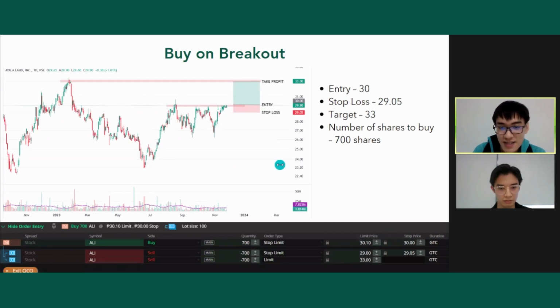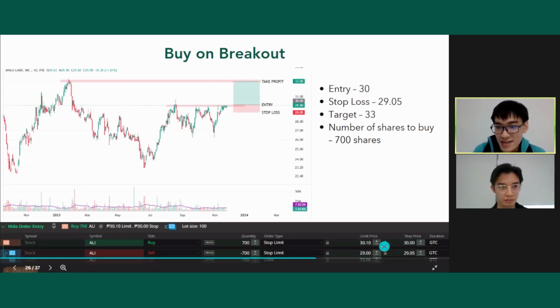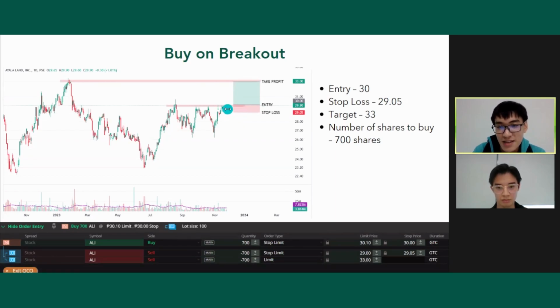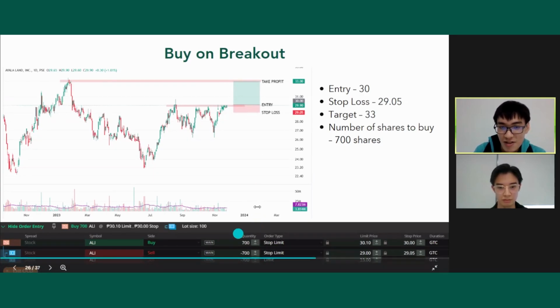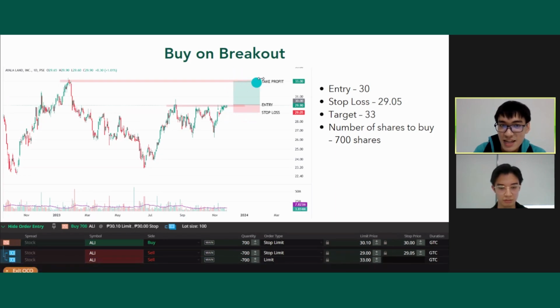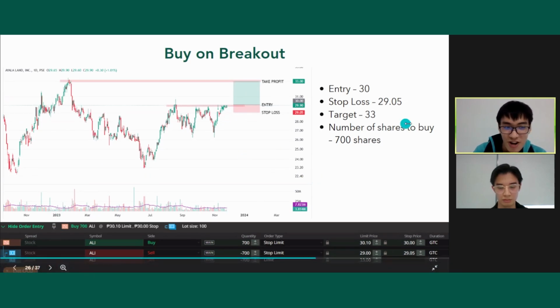Then for your stop loss, it's a sell stop limit order. So if price hits 29.05, it will execute a sell limit order at 29. So if tumama sa 29.05, benta niya to at 29. Okay? Then your take profit, that's a sell limit order. So parang naghihintay lang siya there. If price hits it, take profit ka na. So all this in a single order with one exit OCO order. Diba? Ang galing, diba?